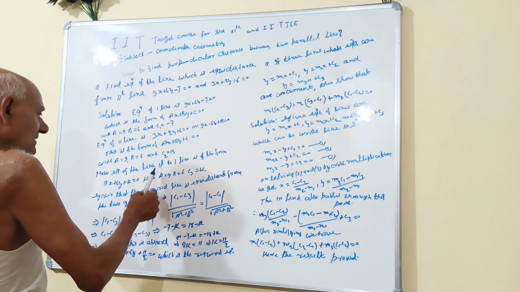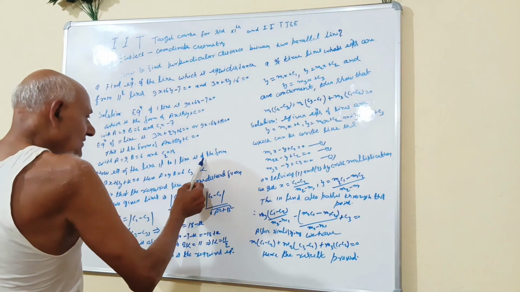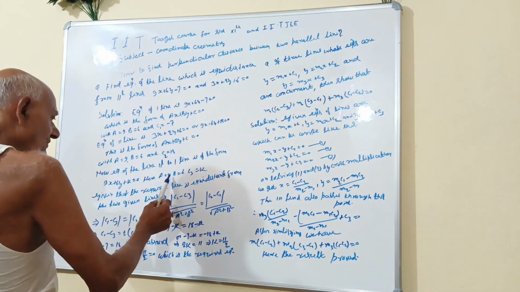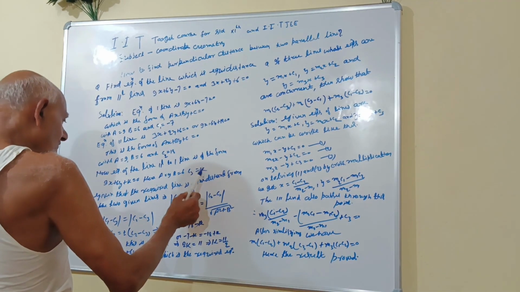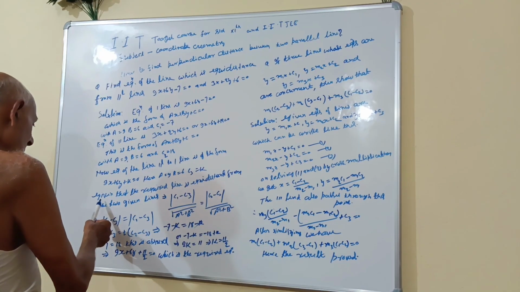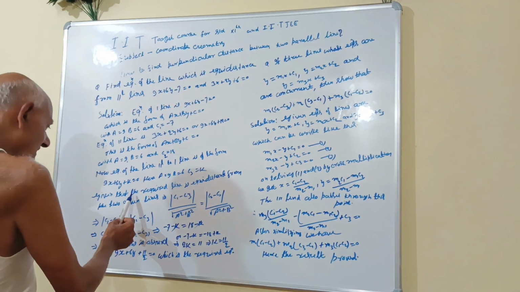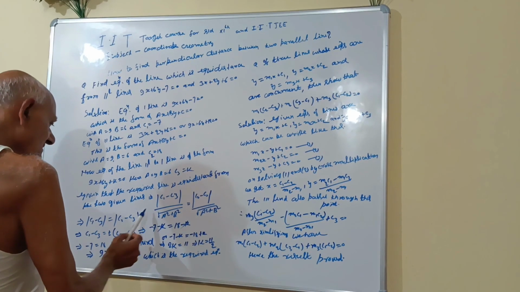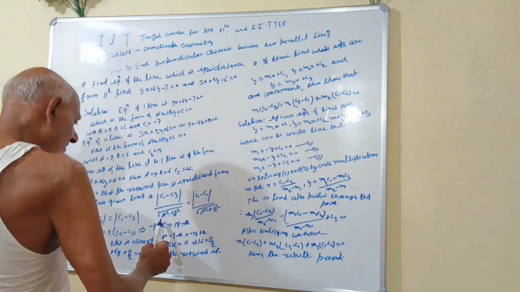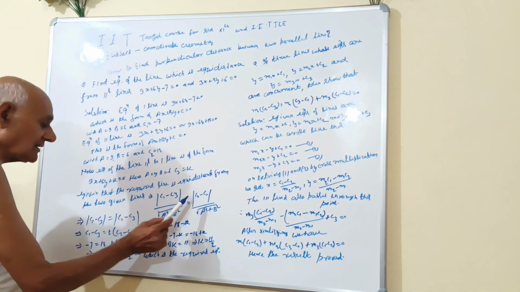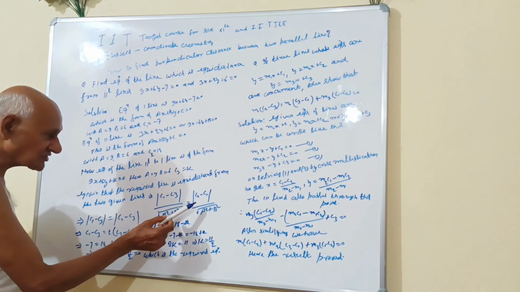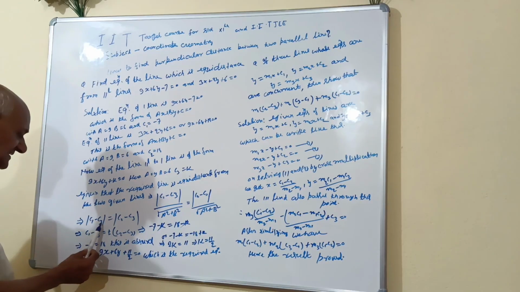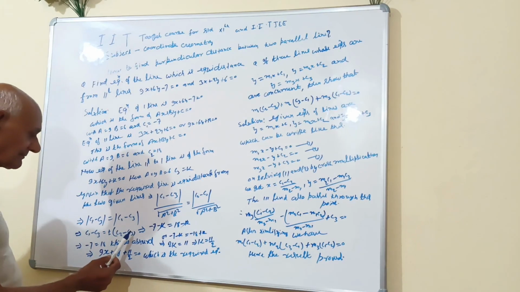Now the equation of a line parallel to one line is of the form 9x plus 6y plus k equal to 0. Hence a equal to 9, b equal to 6 and c3 equal to k. Given that the required line is equidistant from the two given lines, this implies (c1 minus c3) by under root a square plus b square equal to (c1 minus c2) by under root a square plus b square. This implies c1 minus c3 equal to c2 minus c3.